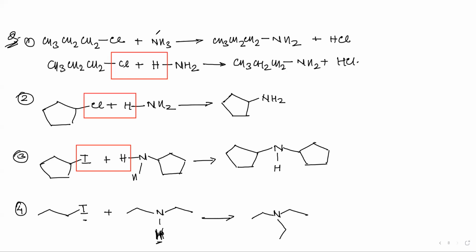So the first reaction, this is with ammonia. The second reaction, this is also with ammonia. The third reaction, this is with primary amine, because the nitrogen here is connected with only one carbon, and this is with secondary amine. So as you can see, if I react this with ammonia, I get nitrogen connected with one carbon atom. That is why this is primary amine. From ammonia we get primary amine. From primary amine, we get secondary amine. From secondary amine, we get tertiary amine. You can copy this line, then we will move on.